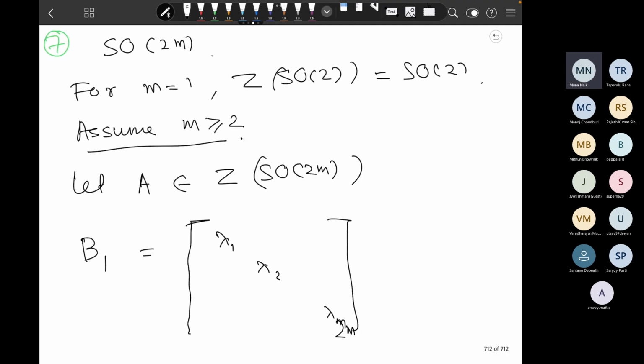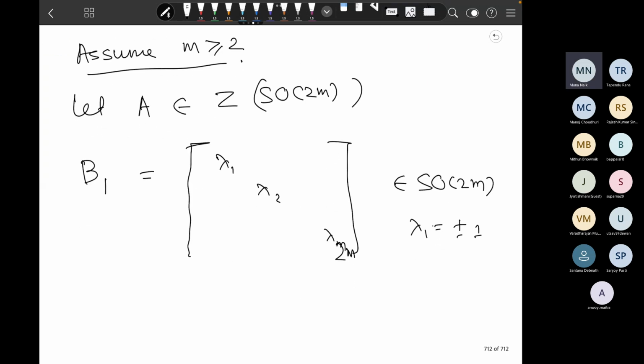But since this B1 should belong to SO(2m), if I am choosing a diagonal matrix inside SO(2m), this lambda i has to be plus or minus 1. Since lambda i has to be plus or minus 1, it is inevitable that there will be more ones and more minus ones. So the number of 1s will be more than 1, and the number of minus 1s will be more than 1. That is a problematic thing. So for that reason, I will choose B1 to be R theta 1,